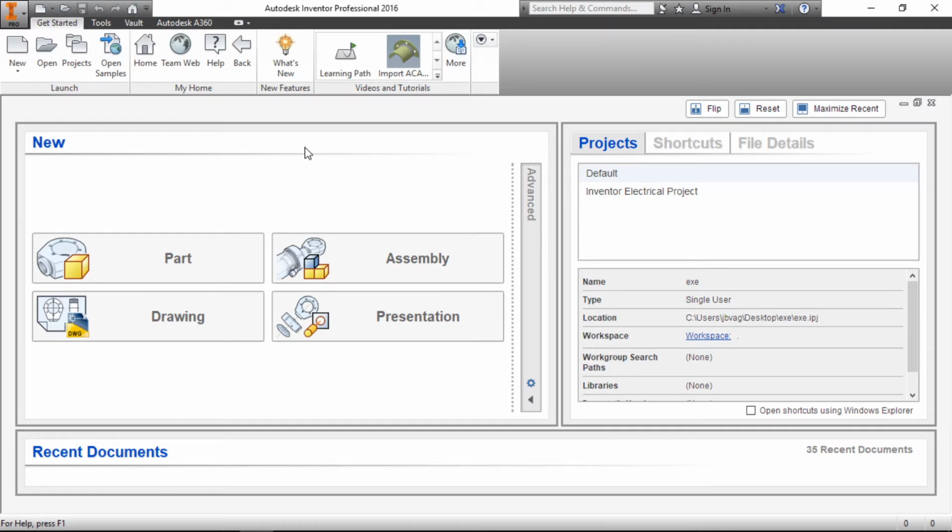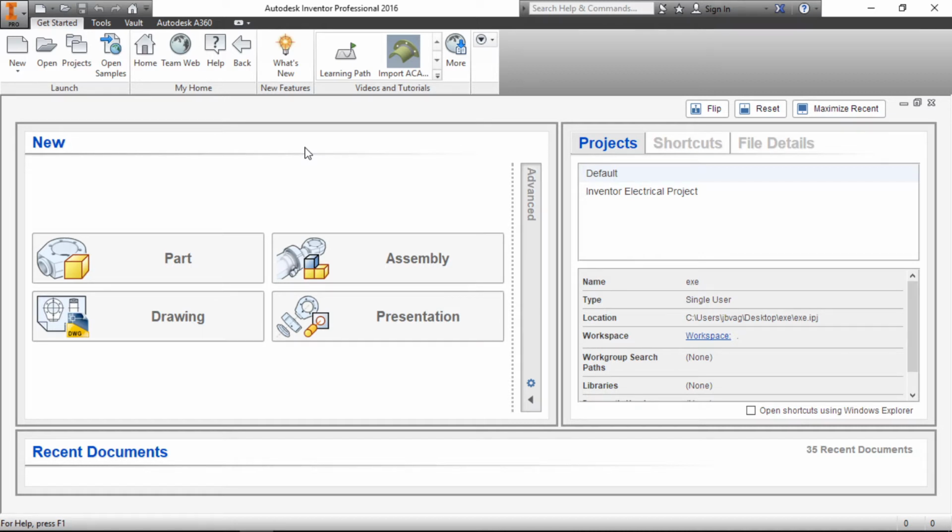Now, when we used the creating tools, at that time we used different sketching tools like line, rectangle, circle and ellipse. But at that time we made simple geometry. If we want to make a complex geometry, then we need in-depth knowledge of sketching geometry. So in this video we will go into detail on sketching geometry.